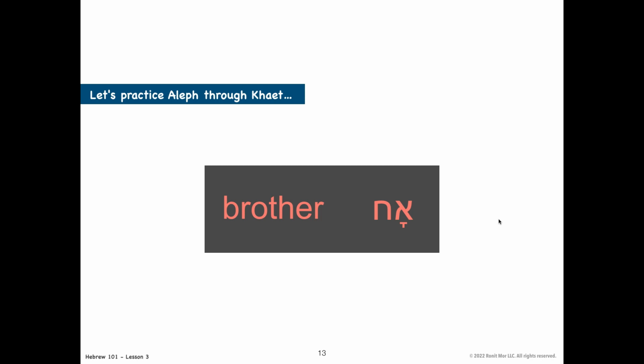Ach. Ach, yes. So when we have a letter at the end of a word and it doesn't have nikud, it's silent in the sense that you don't give it a specific sound, but you can still hear it. So in this case, it would be ach. You are still hearing the ch, but it doesn't really have any nikud, so you are not giving it too much of a pronunciation. You are just making the sound and stopping there. So it's ach, and ach means brother. Next.